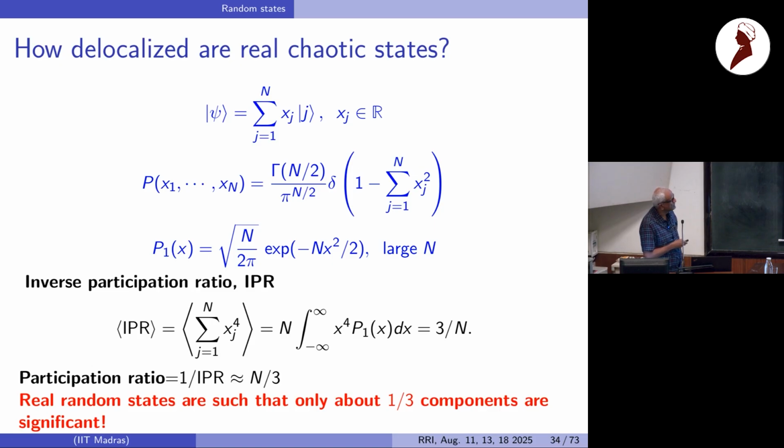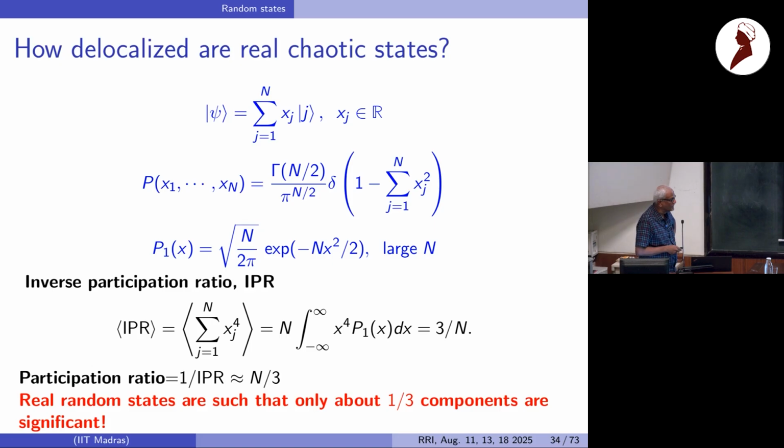By the way, this is also true for a Hamiltonian system, so this need not be Floquet. If you take any Hamiltonian which is time reversal symmetric, calculate its eigenfunctions, it will be real, and these will be real numbers, xj. Now, what is the statistical characteristic of xj? We know that it is normalized as a state, so if you sum up xj squared, it is 1.